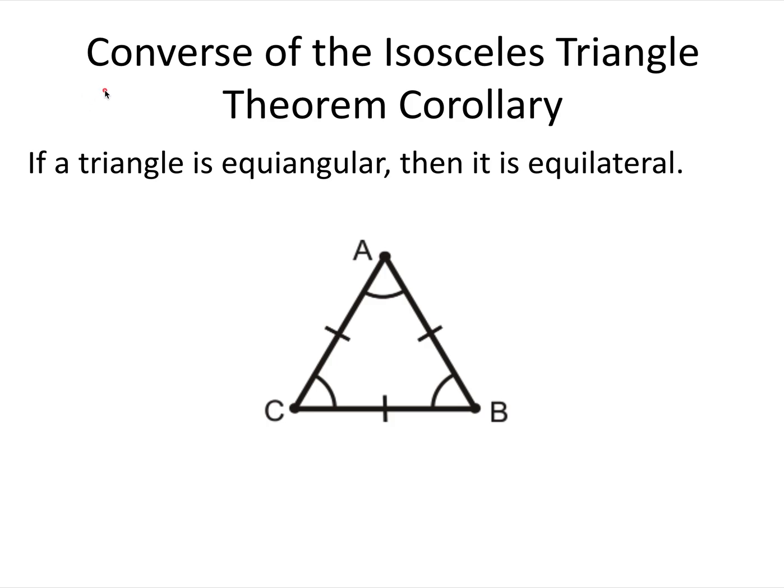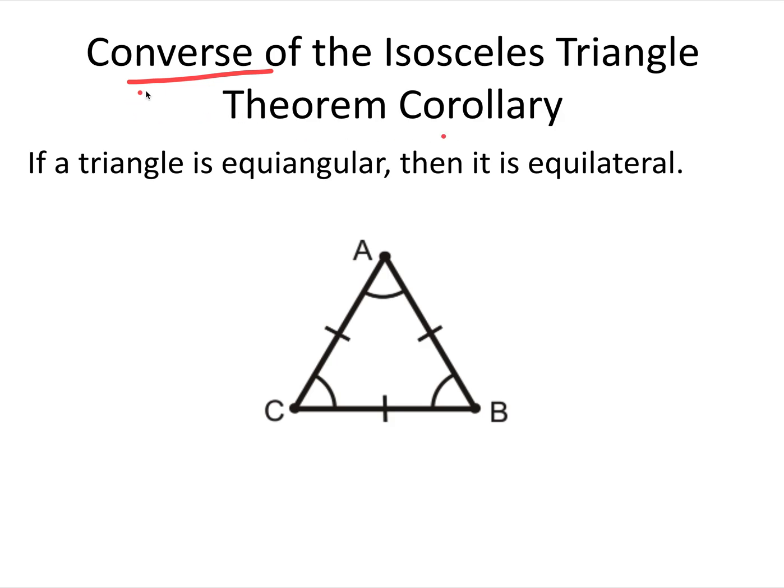Converse of the isosceles triangle theorem corollary. If a triangle is equiangular, then it is equilateral. Why? Well, remember, now we're talking about the converse of the isosceles triangle theorem corollary, so it's derived from that